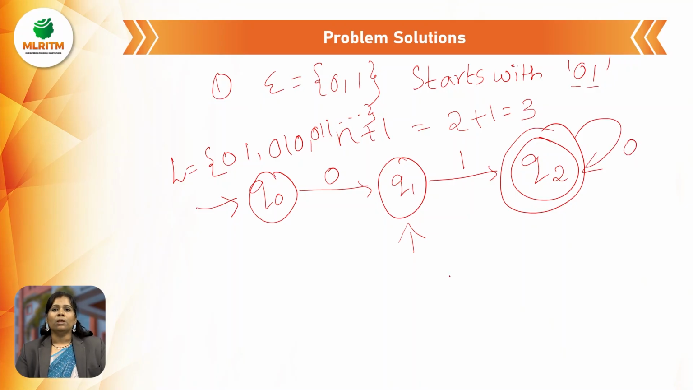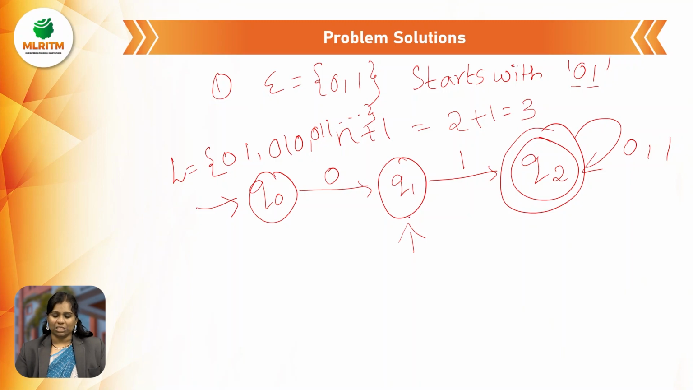Self loop 0. Self loop 0 means n number of zeros, but the condition is it must start with 0 1. Starting with 0 1 we can use n number of zeros at the end. The next one 0 1 1, so comma 1 0 1 1, n number of ones can be there, n number of zeros can be there. So since self loop 0 1 can be at the end, I am giving self loop 0 1. Next,